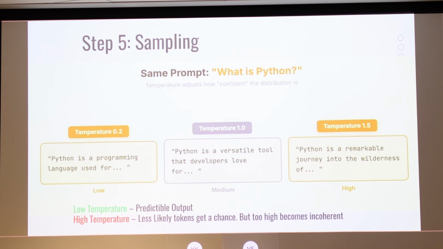If you set the temperature low, let's say 0.2, it will give you more predictable output. Every word that goes in next will be the most predictable word. But if you set the temperature high, then it will give you random words. It doesn't mean it was being more creative, it just means it's giving you more random words.